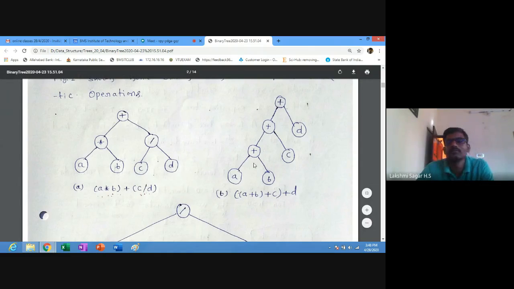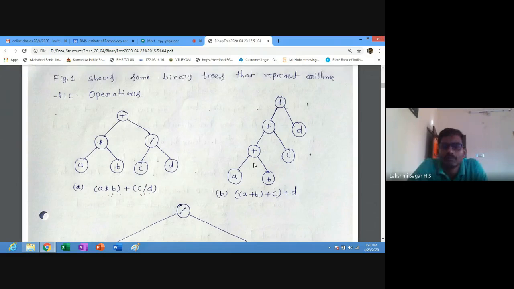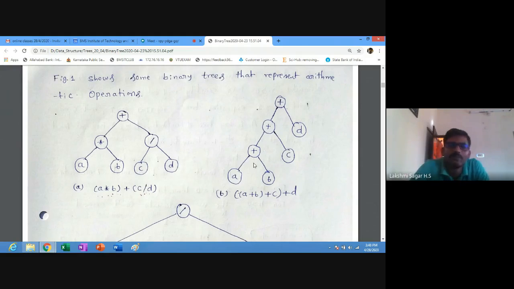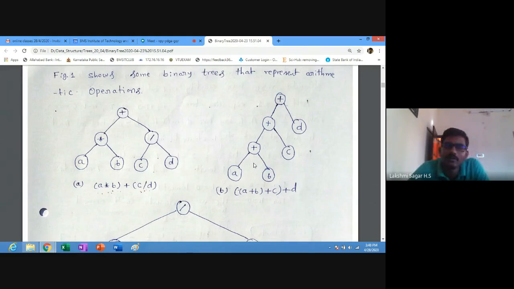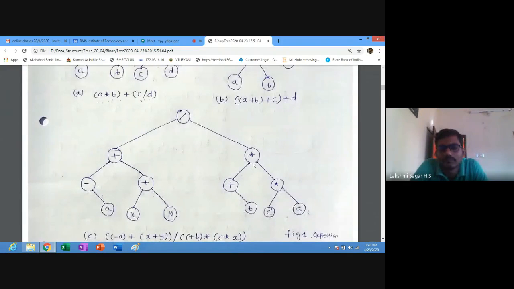Next one, you check and tell me whether it is a full binary tree or not. Check the next. No, correct. Next, third one you check. No, correct.